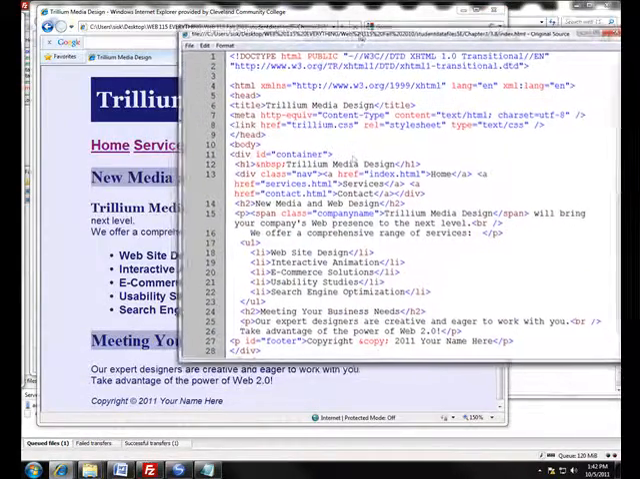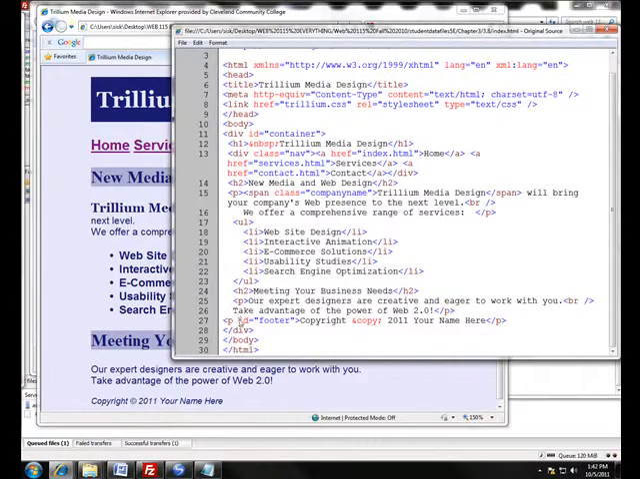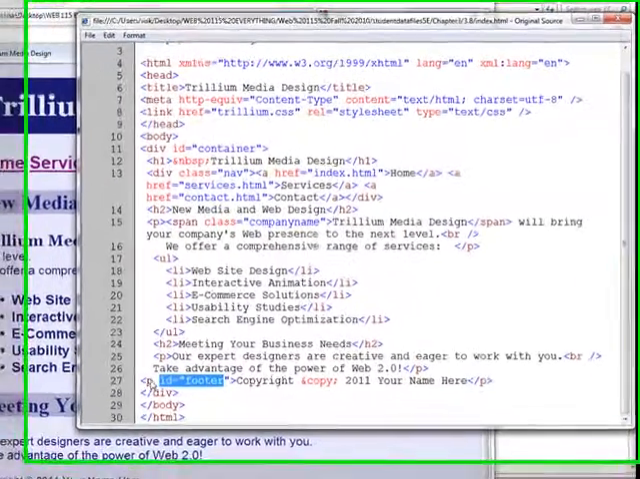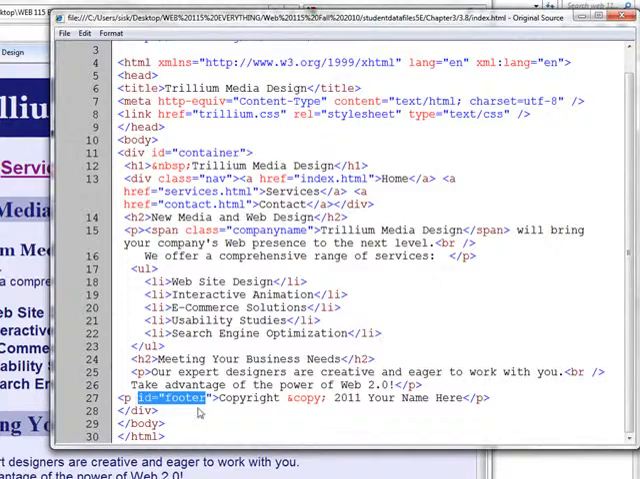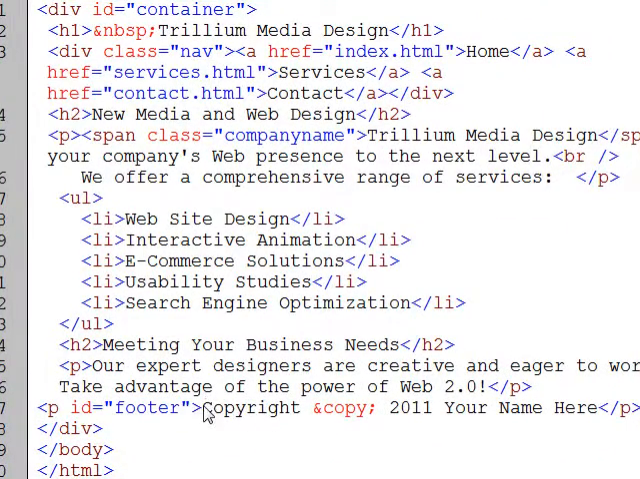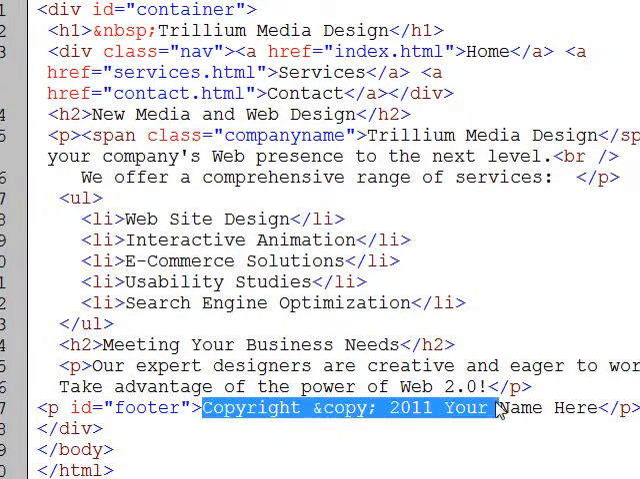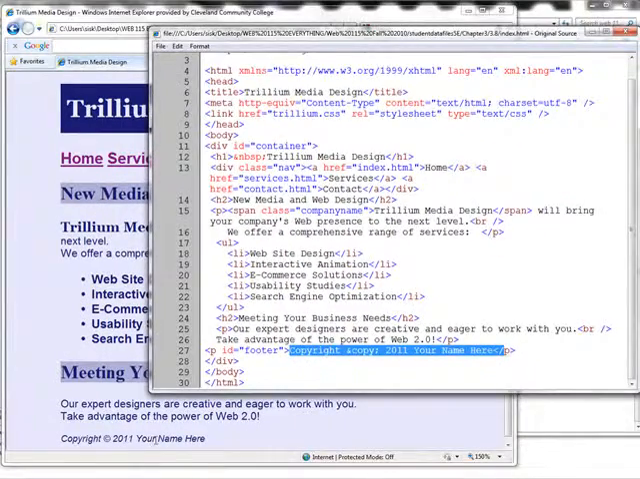You'll see something at the bottom where it says ID equals footer. That's applying to part of the paragraph. Well, in fact, in this case, it's the entire paragraph. And it's applying to the copyright 2011. That's the italics. The part that says container